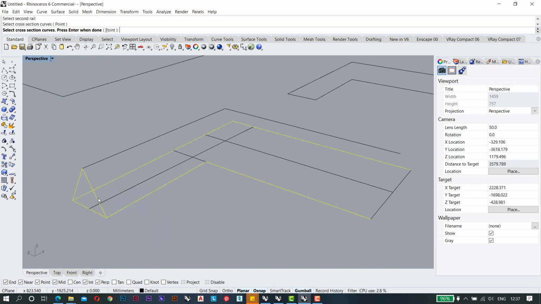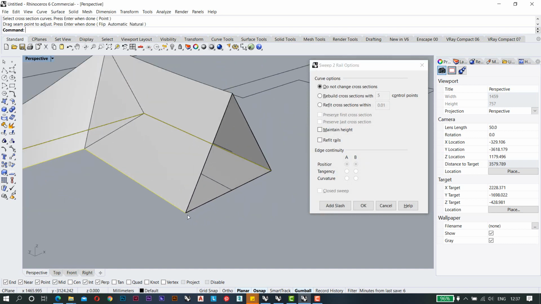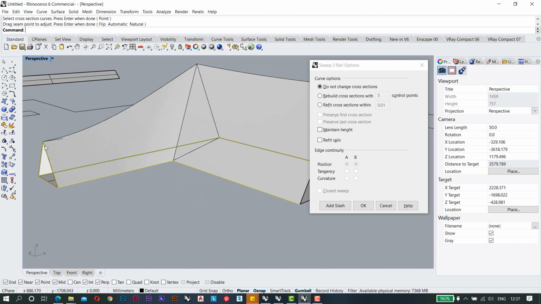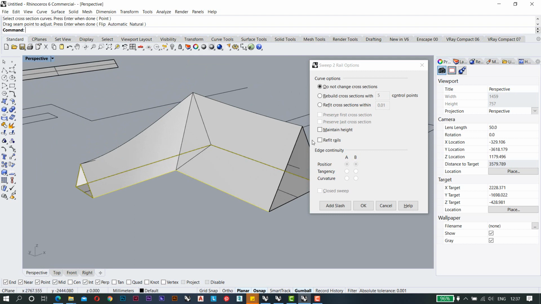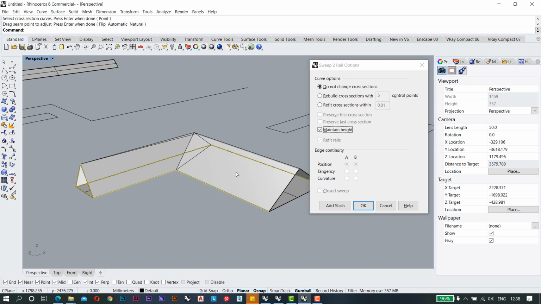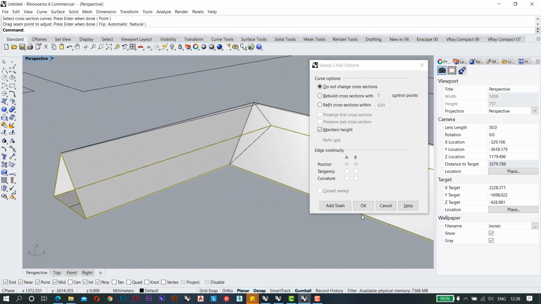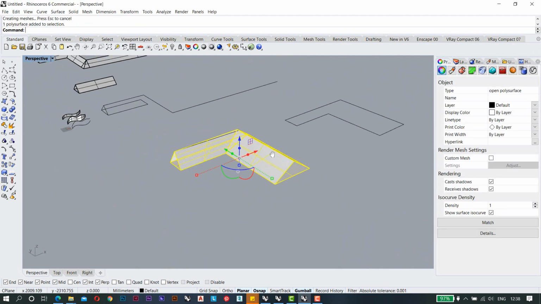So I am going again to sweep2 rail and I will select first rail, second rail and section. So this time you will see it is coming out to be the same span that I need, but it is also increasing my height because it is increasing or scaling up the whole triangle proportions. But let's suppose if I want the same height, so we have option here, maintain height. We will click on this option. So it will make the same main height as per this triangle. So click on OK button, so it will give you the shape.